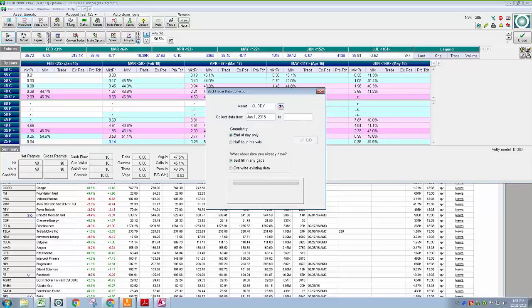And then I'm going to do it to December 1st this year. You can look at end of day only, or I want to look at every half an hour interval. That's what I want to do. Overwrite all existing data. And you want to do this over the weekend or after hours in the evening, because you're going to want to say go and then walk away from your computer for a while or let it go in the background,